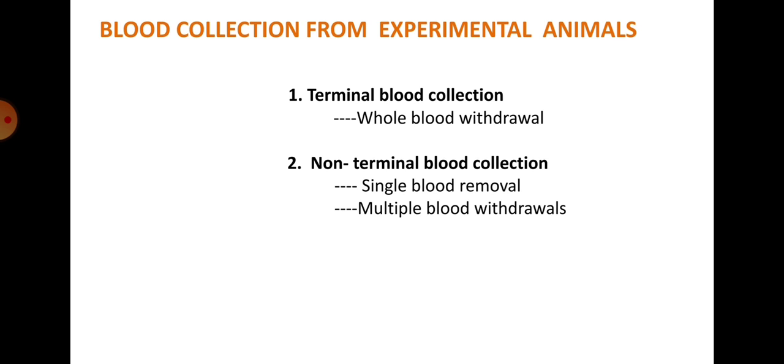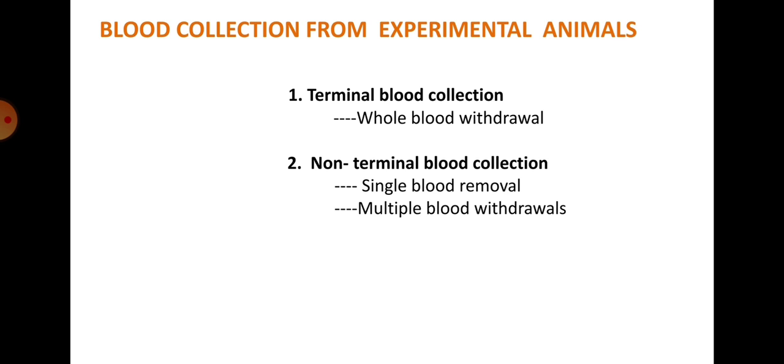Here the blood from such animals can be collected by withdrawal of blood from the vena cava or aorta after performing laparotomy, or animals are subjected to exsanguination after decapitation. The jugular vein or carotid artery is exposed, given an incision, and blood is directly collected using a syringe. Or blood can also be collected by retroorbital bleeding of smaller animals like mice, rats and hamsters. That is, we are going to study this in later slides.